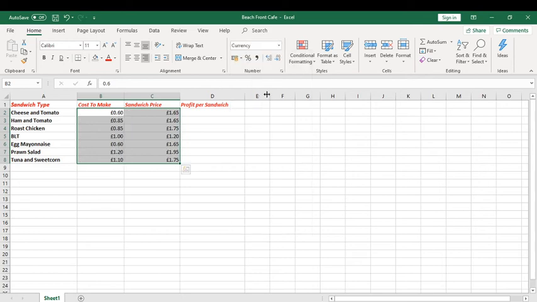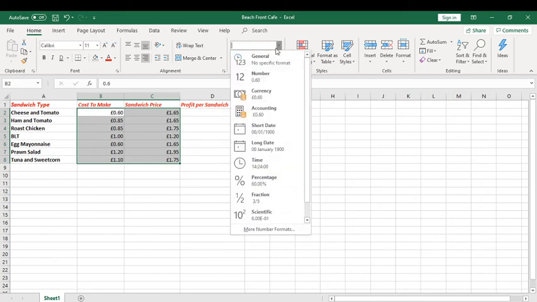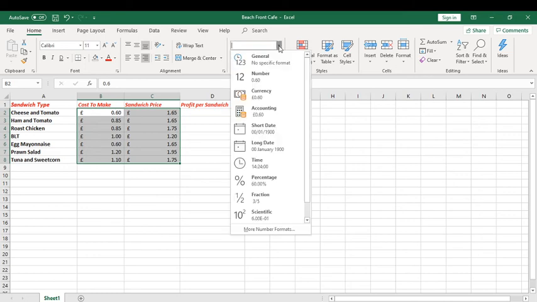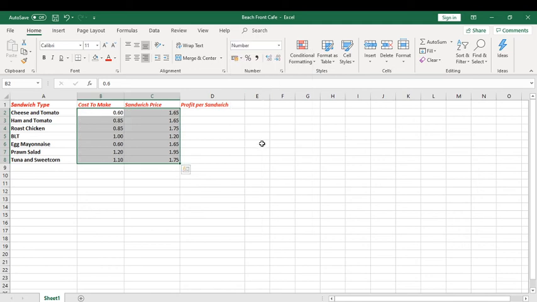Let me show you what that one looks like. See here, the pound symbol is directly next to the number. It's okay, but if your eyesight isn't that great, you might get that mixed up with a number. So, again, I would choose accounting personally, but it's entirely up to you. If you didn't want the symbol there at all, then we could use that option and change it back to a number. So the number automatically appears here if you're using the increase or the decrease decimal,